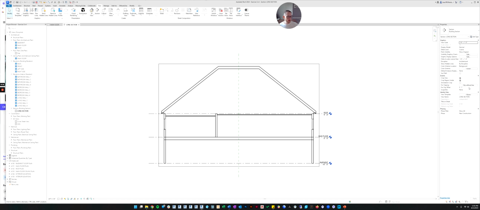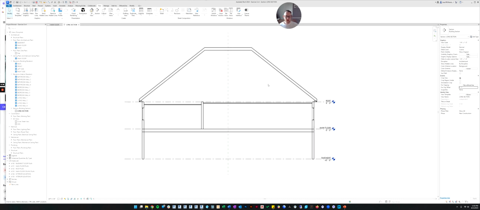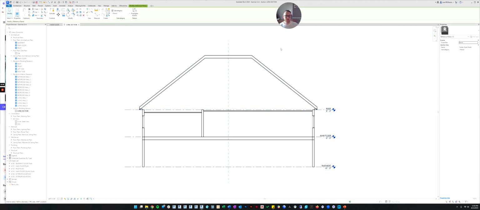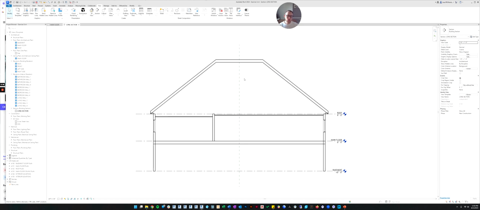So while we're in this view, I could change it back to 22 feet, and it'll show everything within 22 feet of where the view started, or I can change it back down to 1 inch, and it'll bring it back forward. So that's an alternate way of doing it. I'm going to turn off the crop region, and here is our section. Typically in a section, you would want to leave the levels on, and it's up to you if you want to hide the reference plane or not. Reference planes by default will not print, or they won't export when you make a PDF. They're only here for your use when you're drawing in the file.